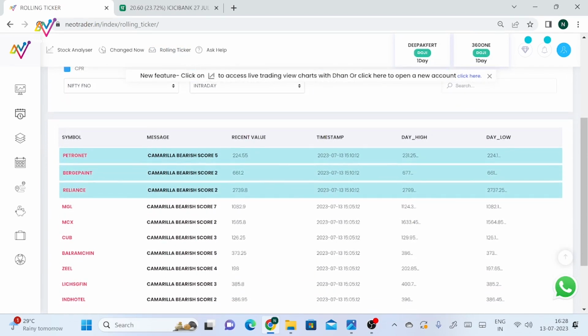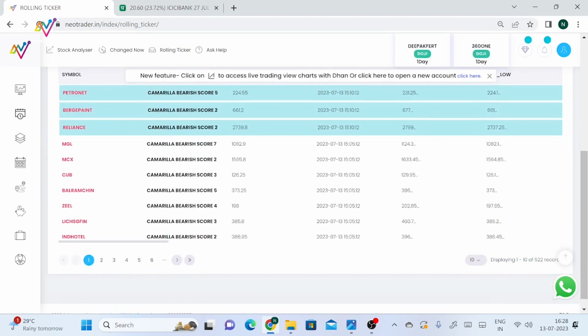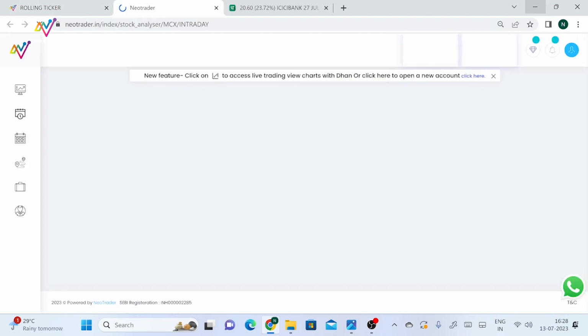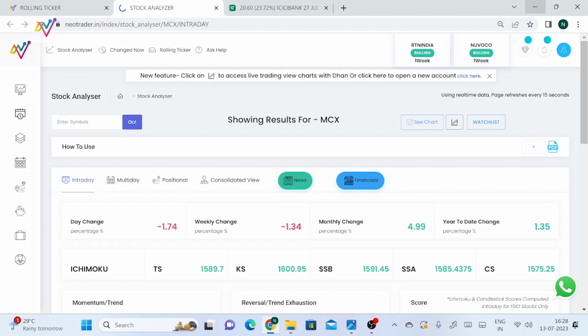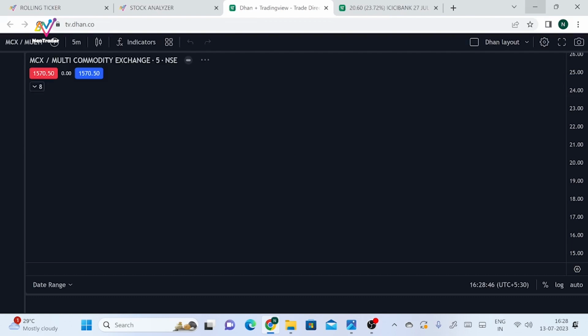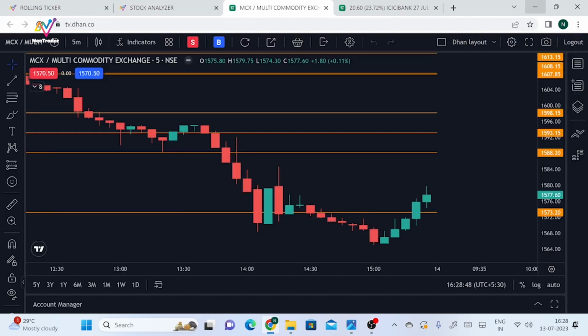So, for example, if any stock is showing a movement here and you want to take a trade from this particular setup, so just imagine this particular one. What you could do is you can just click on this particular name. You will then go here. Yes, there is a score there. Now, what I'll do here is I will click on the chart setup. All right. Once I click on the chart setup, my chart opens up,